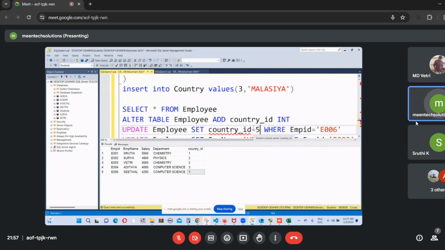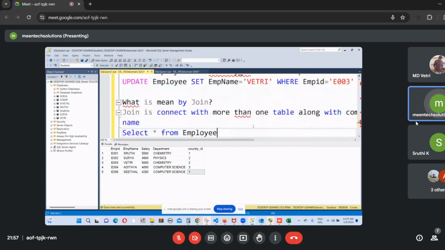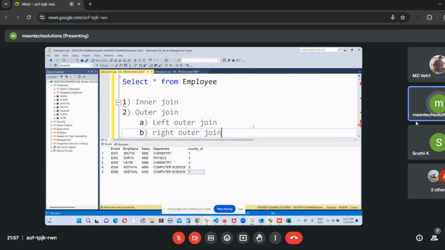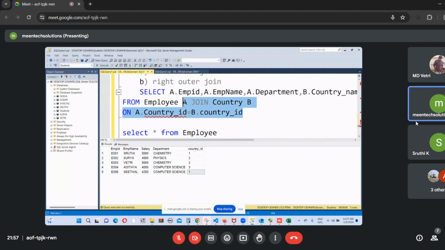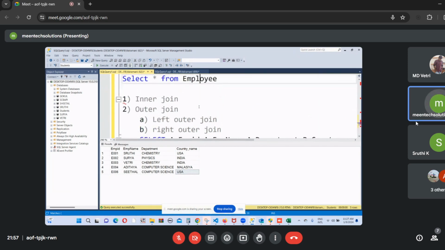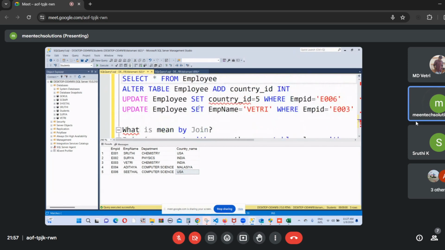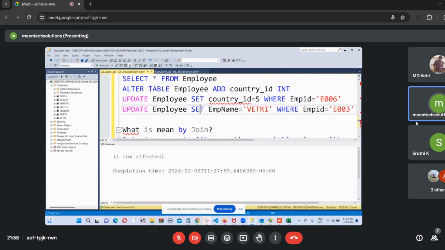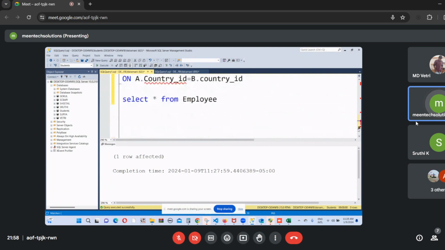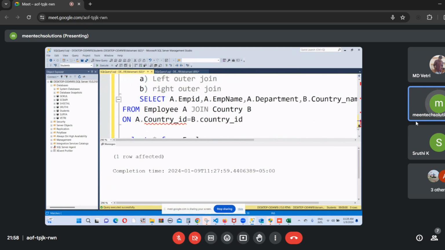Now I'm not yet performing this query. When I run the query, just listen very carefully. When running this query, I have that record E06, computer science, Seattle, USA. This record would come in the output. Now I'm updating with a different value here. Say, for example, I'm performing this query, executed. Now when I run this query, E006 won't appear because